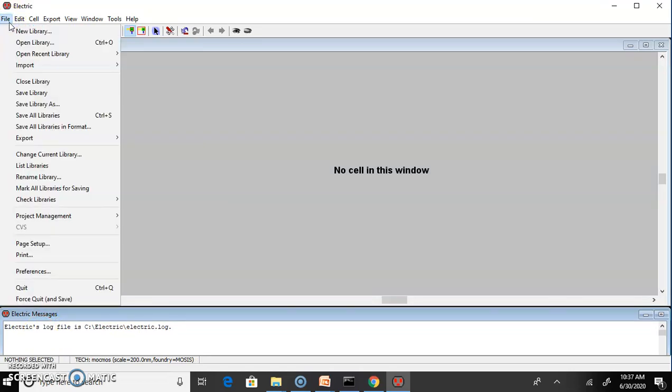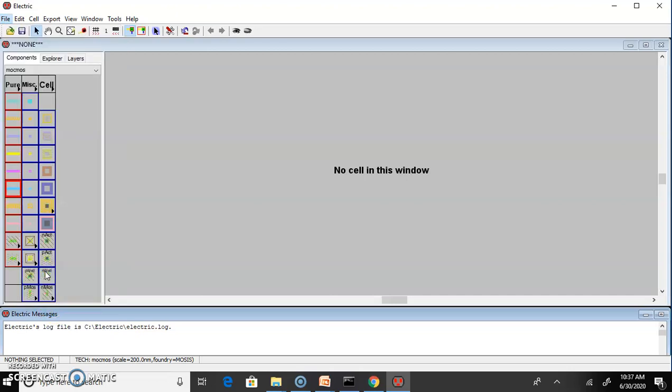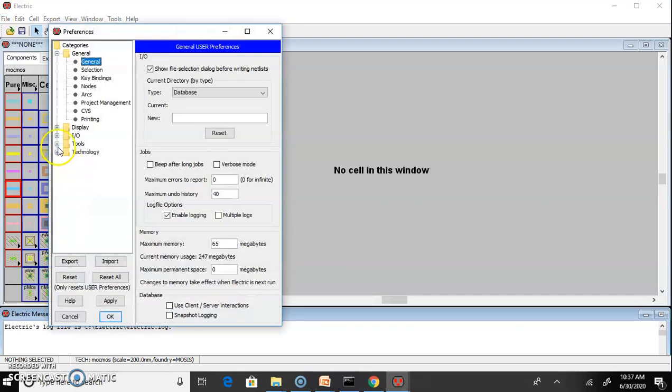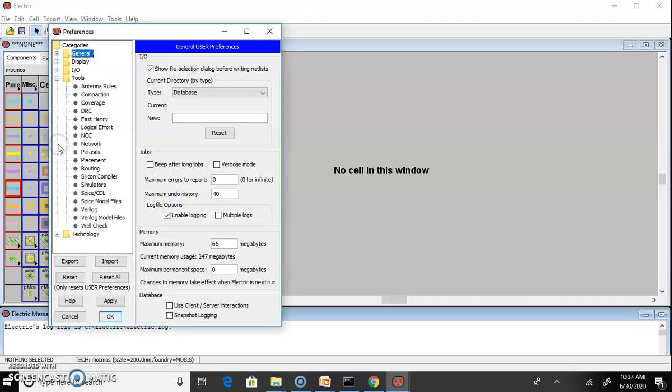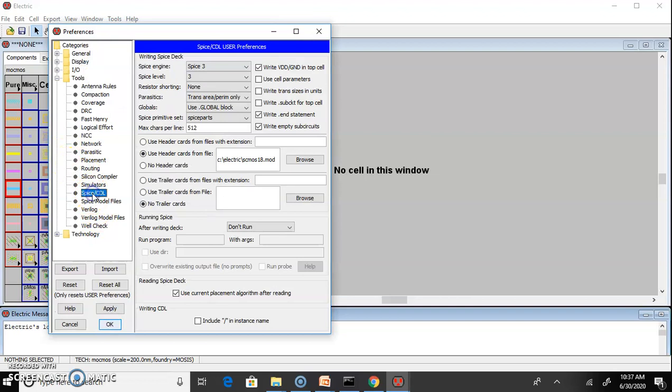We will go into File, Preferences. We will select this Tools, Spice, and we will do Spice setting. So we will use Spice 3. Spice level should be 3 and rest of the parameters will keep as it is.